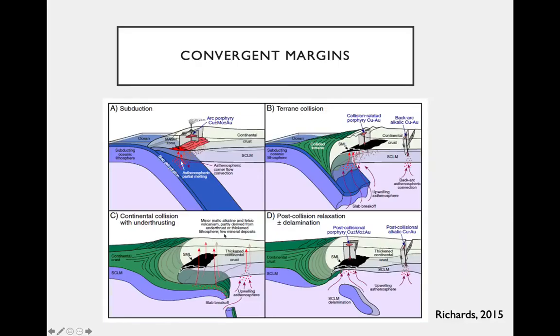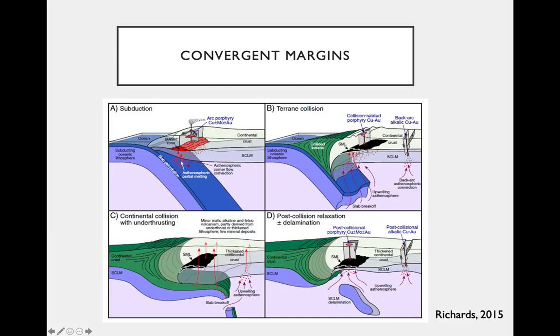Okay, here's just a fancy 3D diagram to show you some of the diverse dynamics of convergent or subduction zone margins. So in the first case, we have our standard system: slab subduction, dehydration. We have the corner flow in the mantle wedge leading to melting. When this melt rises, we might get additional melting in the lower crust from this high heat flow. And this moves up to the upper crustal system where we produce volcanoes, spurting out all manners of material, including